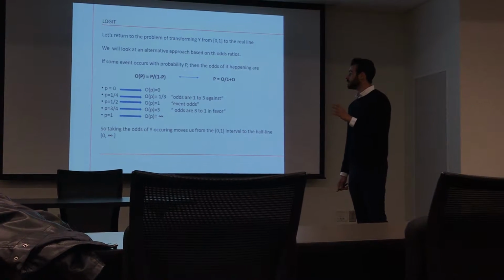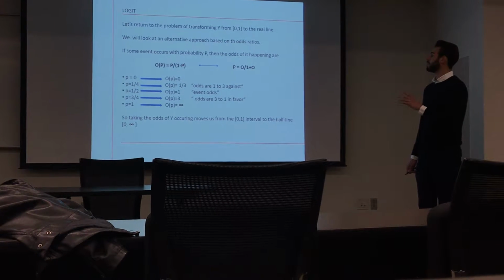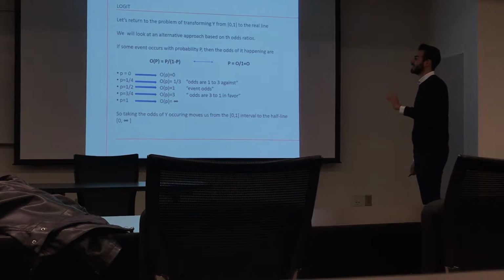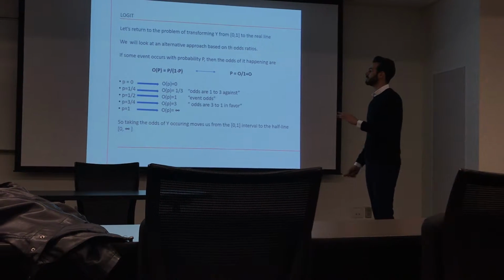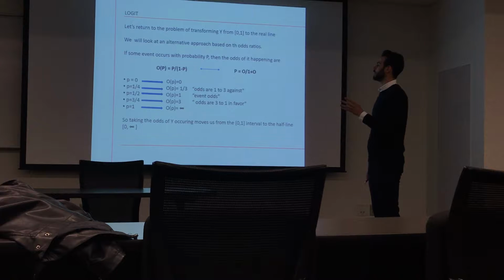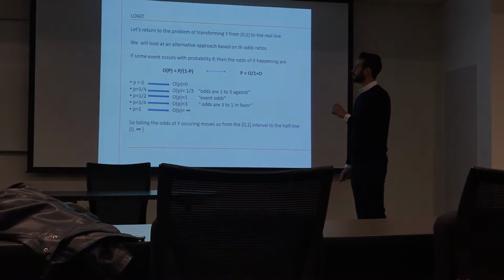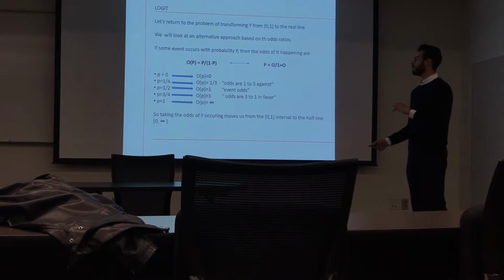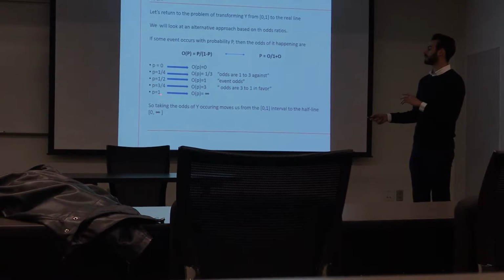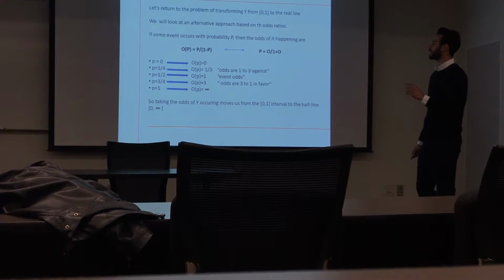Well, it turns out that if the event has a probability of occurring, it has to have an odds ratio too, because there is a direct relationship between probability and odds ratio. Indeed, odds is just p out of 1 minus p. And as you can see, there is a strong difference between the odds ratio and the probability of the said event. Indeed, the probability goes from 0 to 1. Under the Kolmogorov assumptions, the domain of probability has to be 0 to 1.